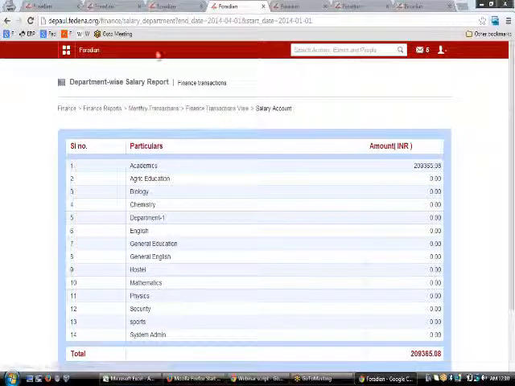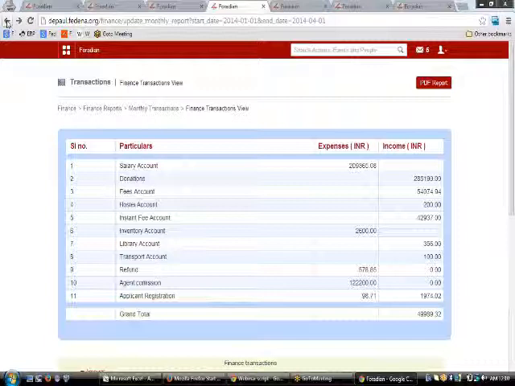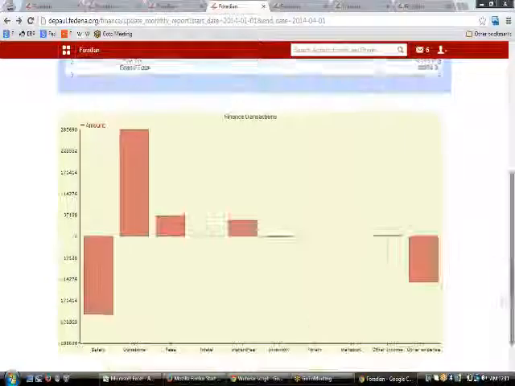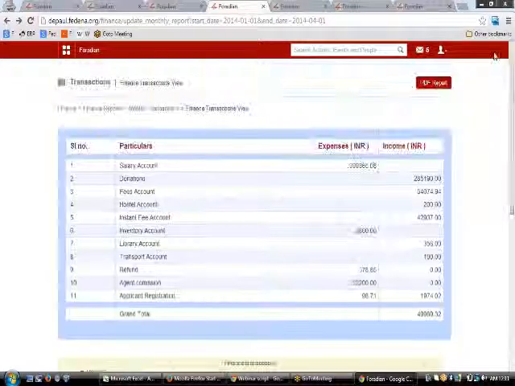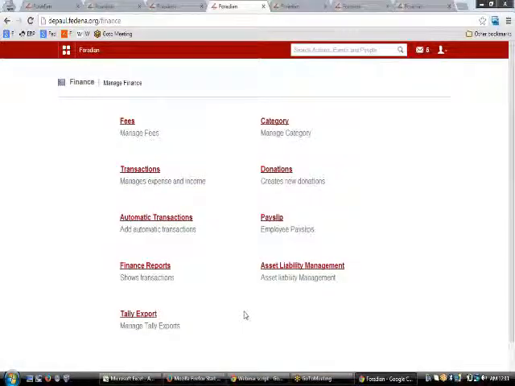And again, the report that you are seeing here would not only be a statistical report, but it would also be a graphical report of the same. So the highs would represent the incomes, and the lows would represent the expenses. So that's how this finance and the transactions can be dealt with in Fedina.